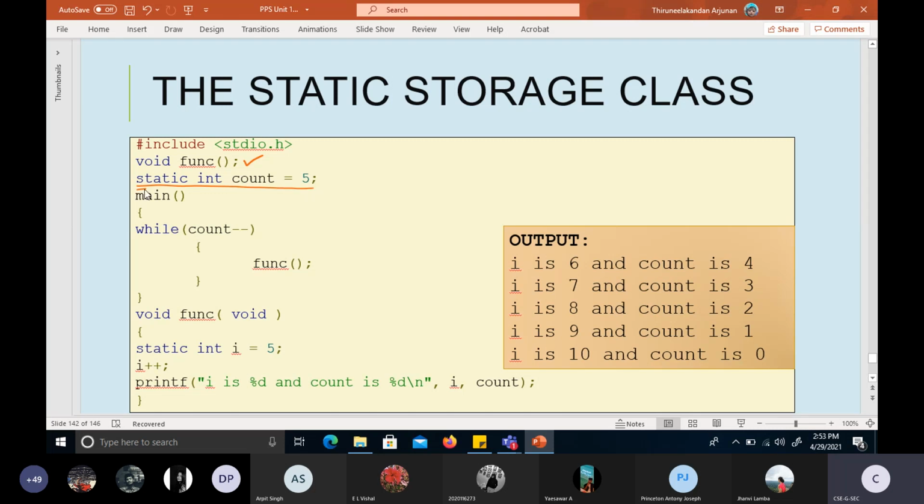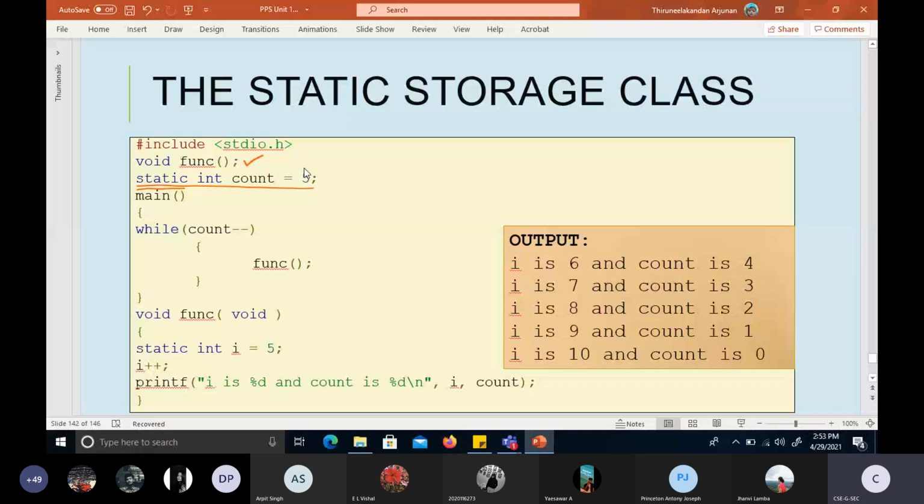The static prefix says that the value of count, let's write it like this, count, is initially initialized with the value 5.